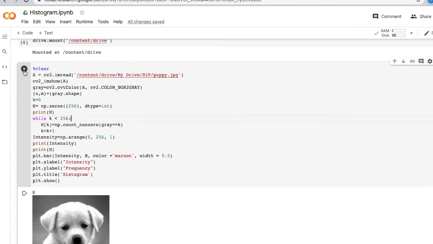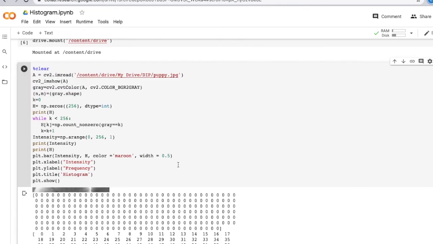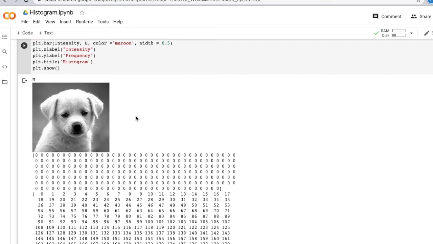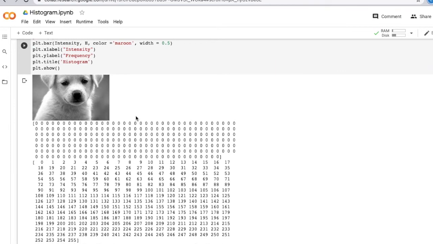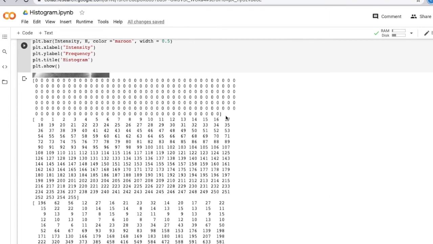Let me run it. So here first is the image, which is the grayscale image. Second is the zero matrix that we created, an image with a single row going for 256 values.